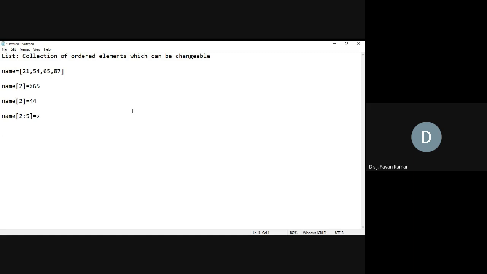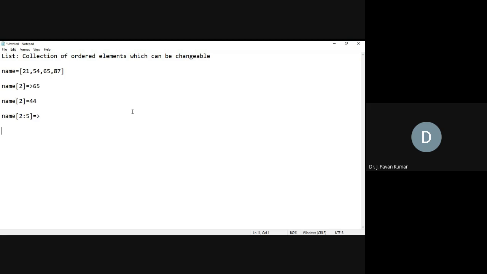Next, we have seen several other examples, like giving the step. Where can we give a step? Can anyone say what is the use of step? Sir, if we want certain values like 2, 4, 6. Yeah, instead of going one by one. Although we have given a range like 2 to 10, if I give 2 to 10, then it will consider the elements from 2 up to 9.